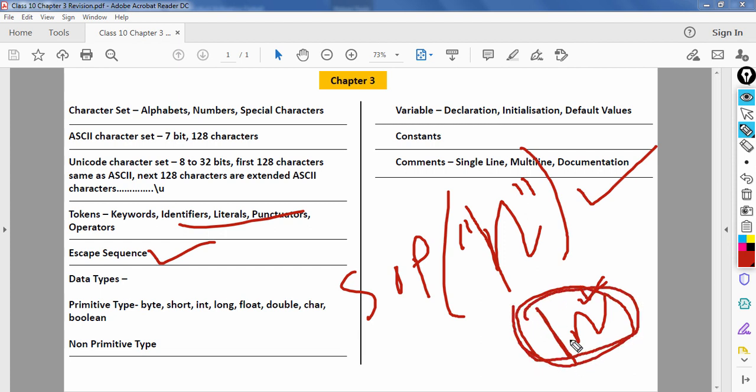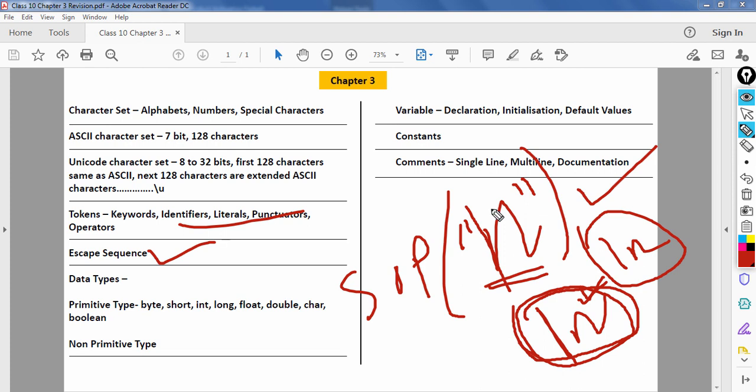So backslash n is a single unit now, and it represents a new line character. That means when you write this anywhere within the double quotes, at that particular place a new line will be inserted.